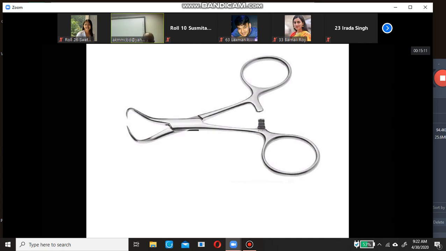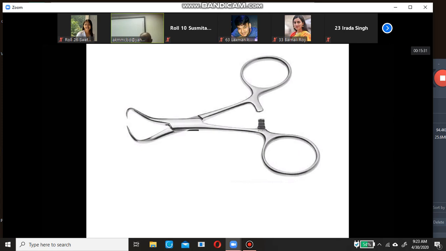And in case of fallback of the tongue, we can hold the tongue and pull it outwards. There are many other uses, but these are the things for which this instrument is commonly used.